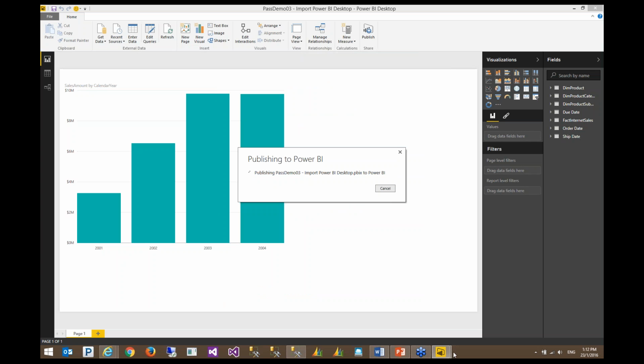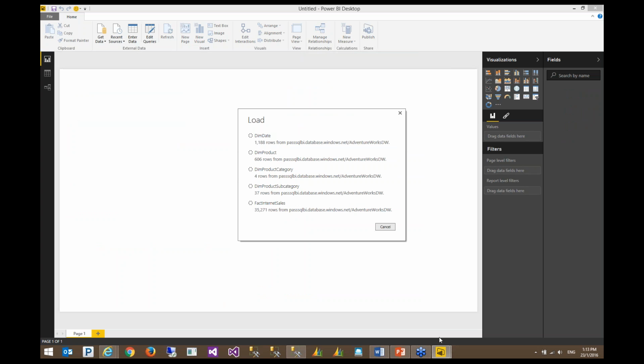Let me see if the other model, no, it is still loading data into the model.